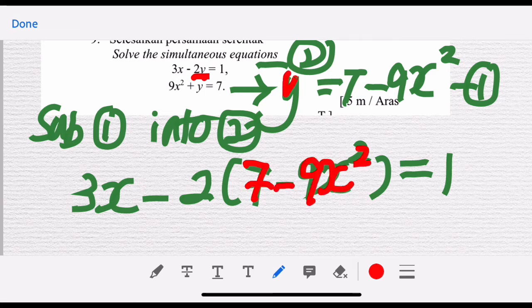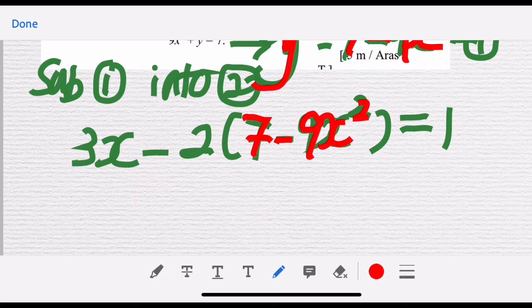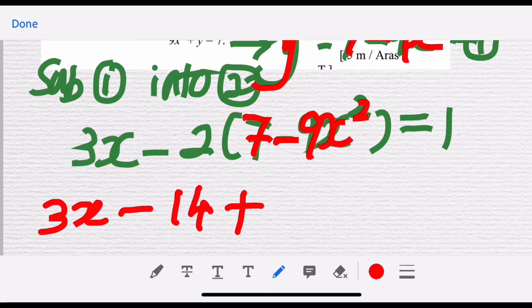This is my y, which is 7 minus 9x squared. Now this is a square. Now I just expand. I will get 3x minus 14 plus 18x squared